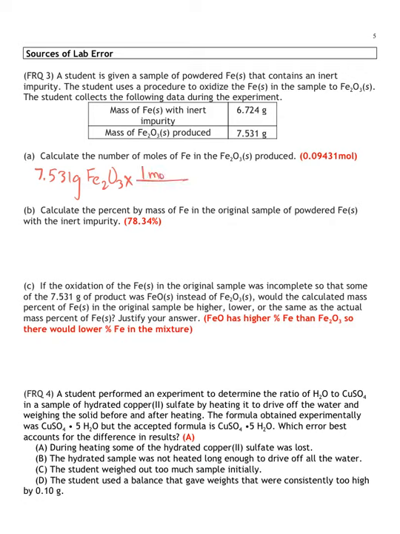So 1 mole of iron 3 oxide has a mass, so the molar mass is 159.7 grams of iron 3 oxide. And then you mole ratio that, knowing that 1 mole of iron 3 oxide has 2 moles of iron in it,